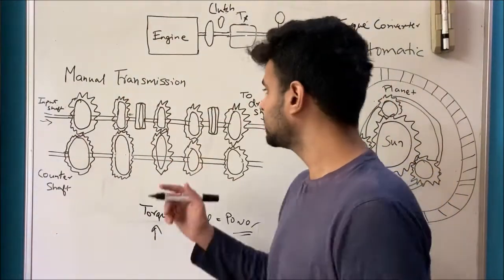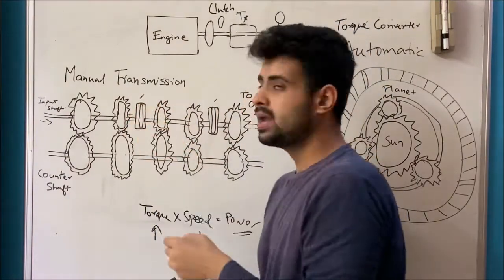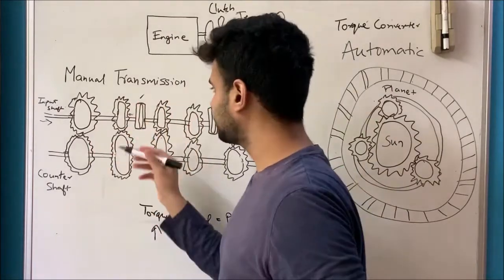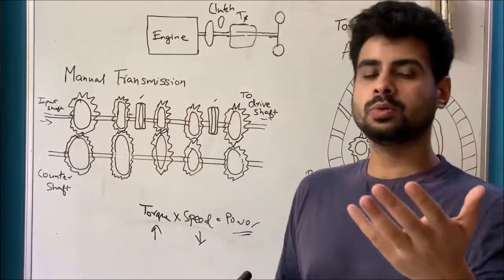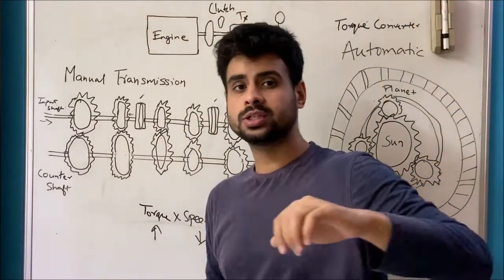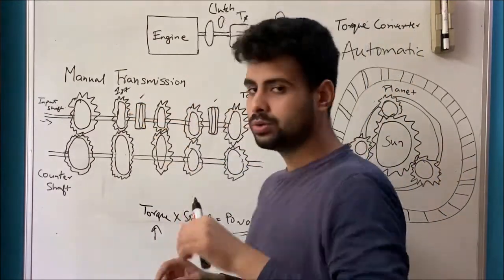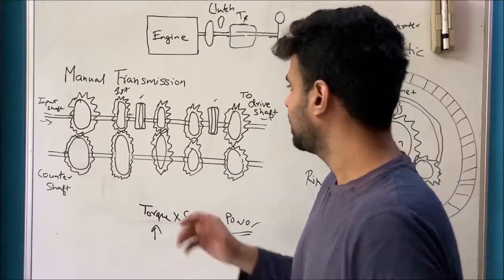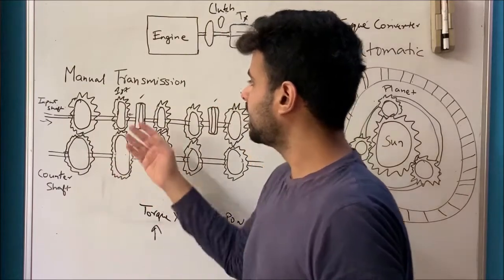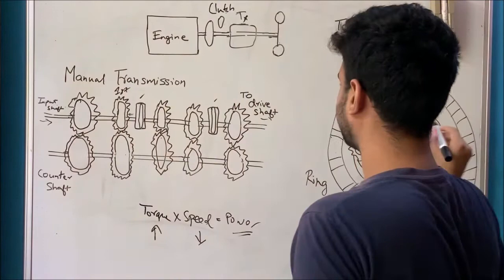So for that, what we'll do is put hubs on the shaft here with sleeves on them, and their job is to go and anchor themselves, like connect themselves, to one of the gears. So let's say you want first gear, you press on the clutch, disconnect, decouple here, and then you shift into first gear. So this is first gear. When you engage first gear, this hub with sleeve here goes and anchors itself to the first gear, and now the power delivery, the input, goes to the counter shaft, to the first gear, and then to the drive shaft, to the wheels.